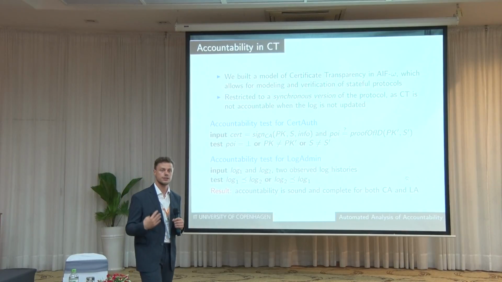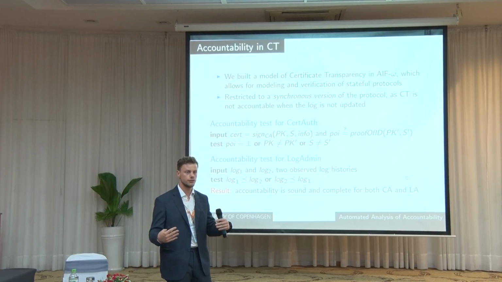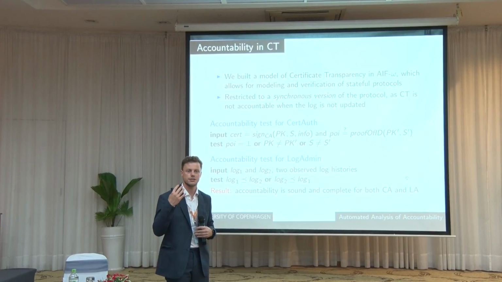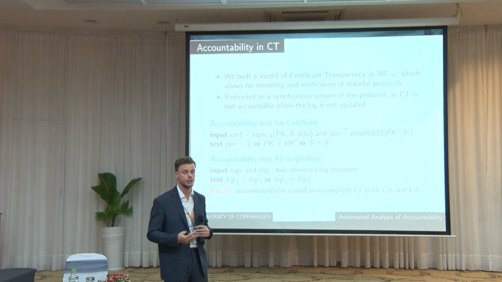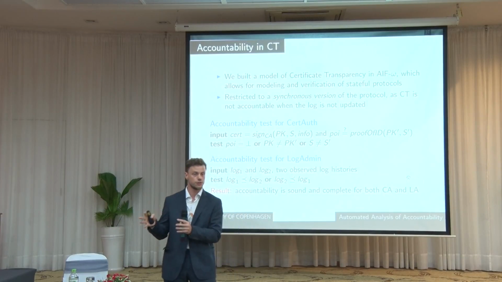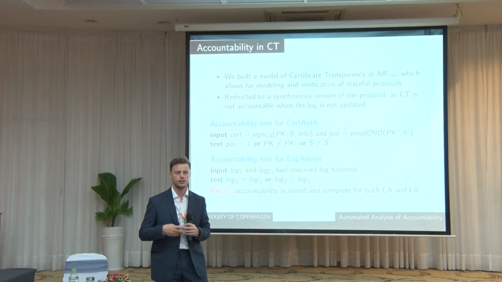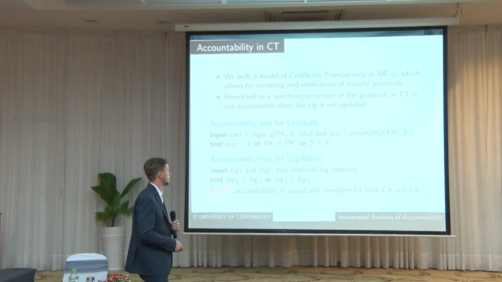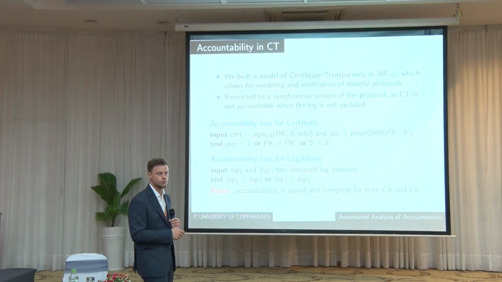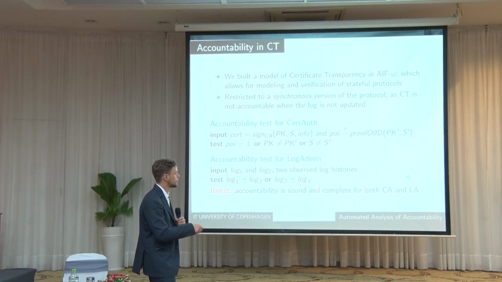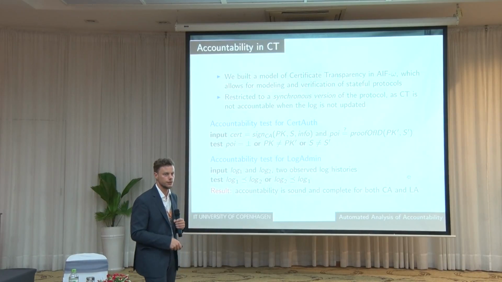If one doesn't extend the other, then the two histories are incompatible, and so there is some log administrator who showed a specific history to somebody and an incompatible history to somebody else, and that's clearly a misbehavior. That's another way to get around the system. If we put these two tests into our system, into our model, we show that accountability is sound and complete for both the certificate